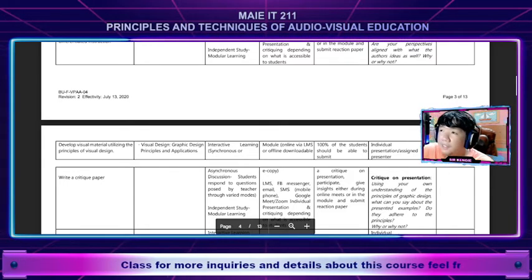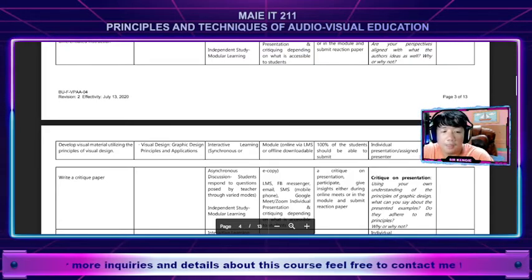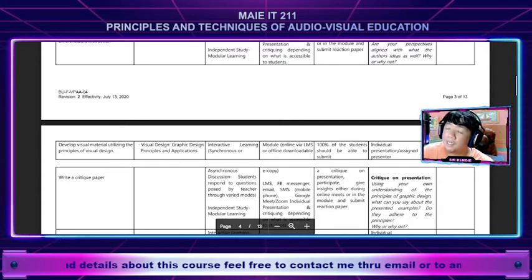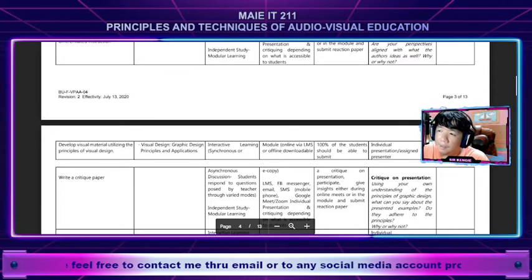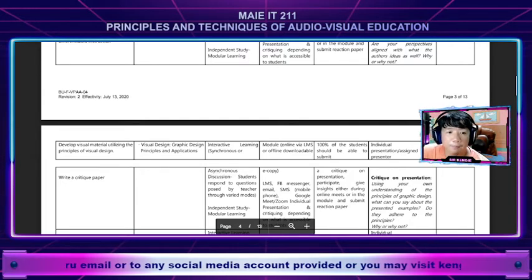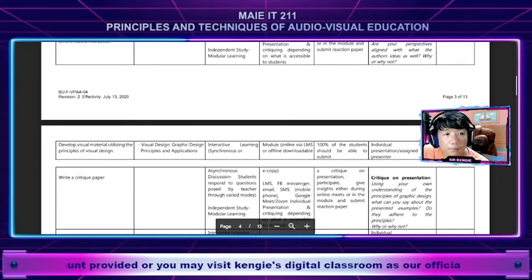When you say visual design, we will be studying about images, colors, line, shape, fonts, and other elements so that at least you can study whether what you make in your PowerPoint or material will help enhance the learnings of the student. Okay? Sige. Another topic that we will tackle or study is about